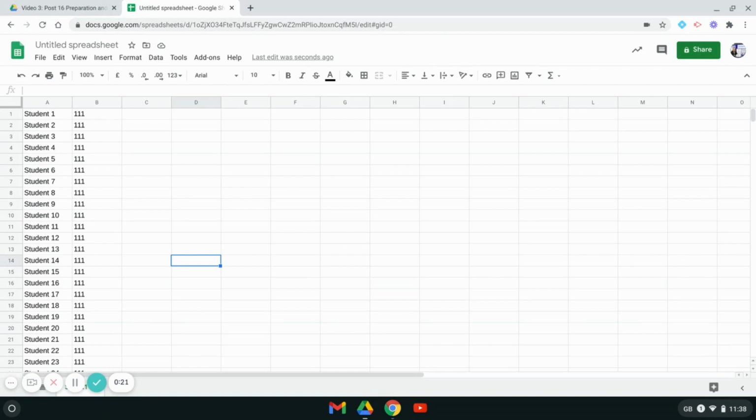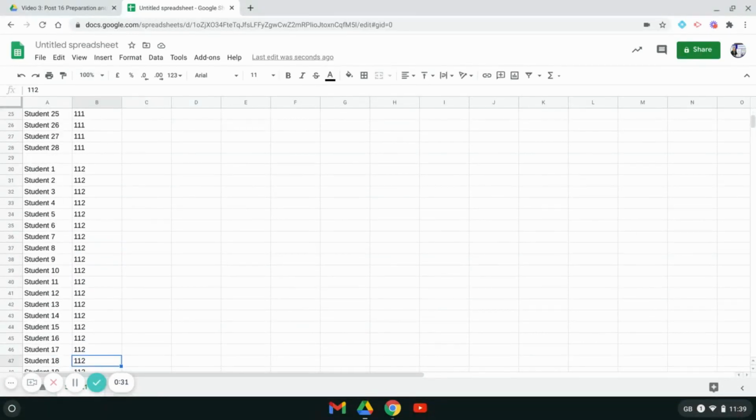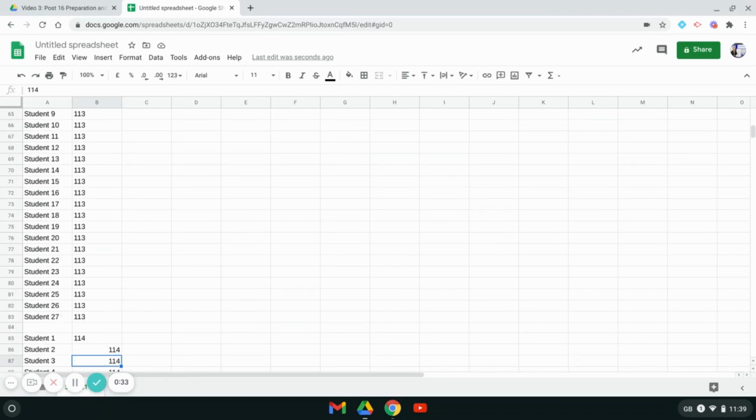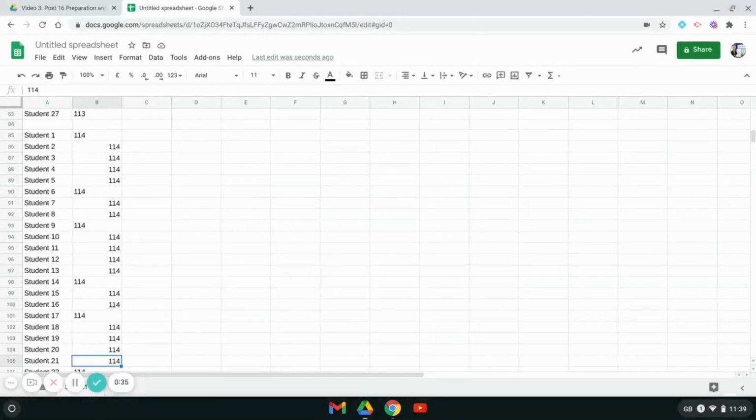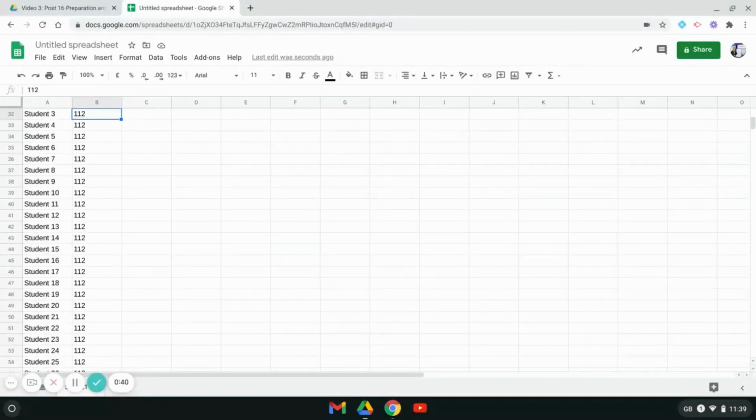I have anonymised this for the purposes of this video, but you can see the students' names would be on this side and their form groups would be here. Now we have 8 forms in Year 11, 111 to 118, and what I'm going to do is to help tutors, who very helpfully help track the student applications by collecting them in,